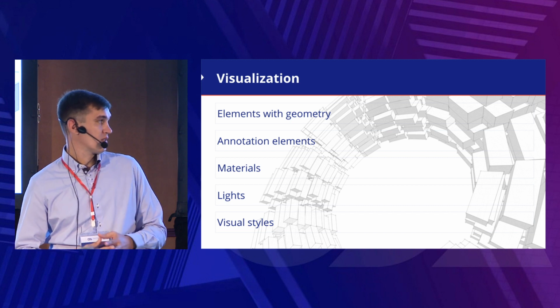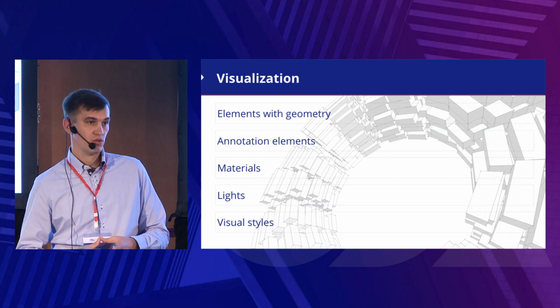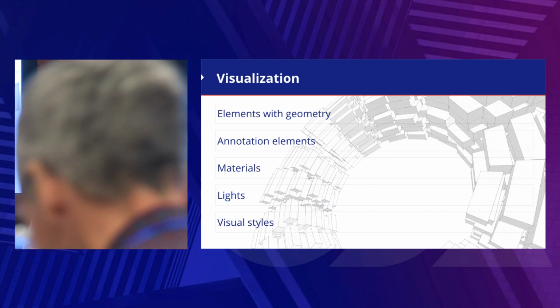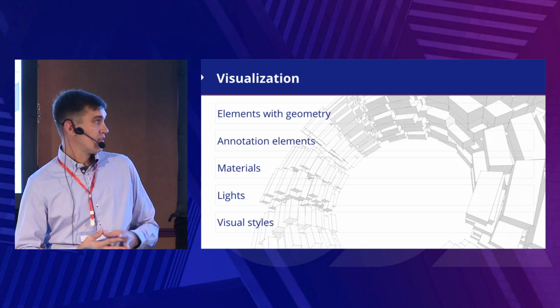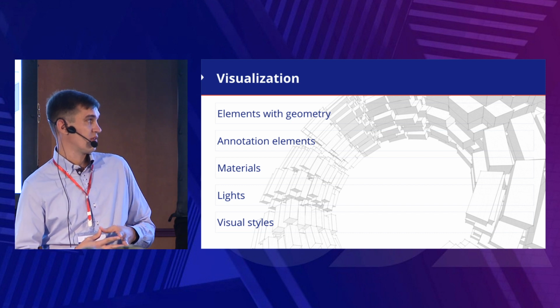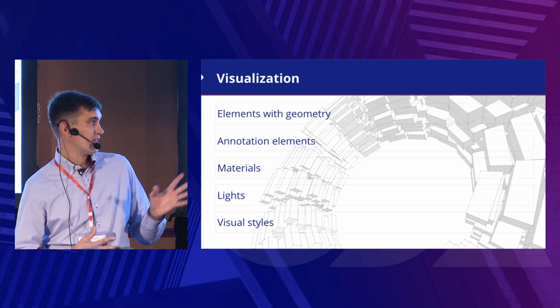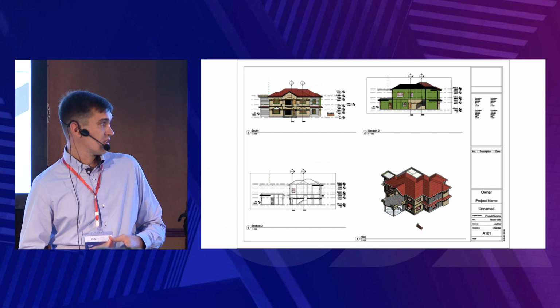On the screen you can see an example of a building. It's shaded mode, the shaded visual style. For this visual style we use color from the material, and we also use fill patterns for the elements. You can see several walls with different fill patterns, and the grass also uses a fill pattern. Another example is